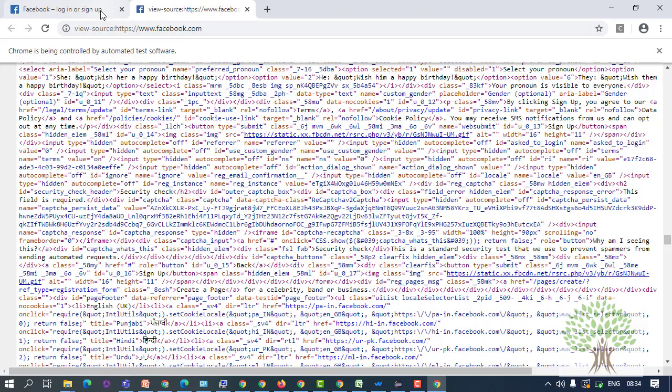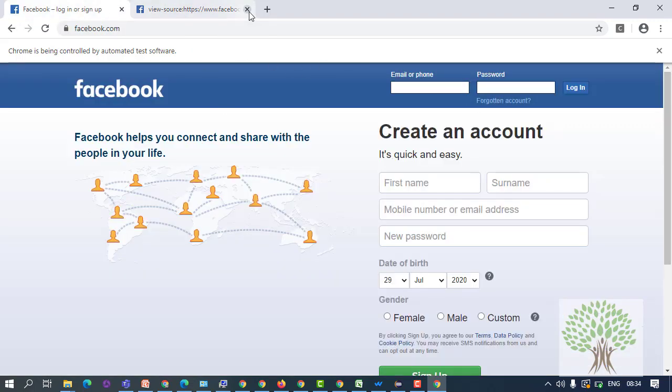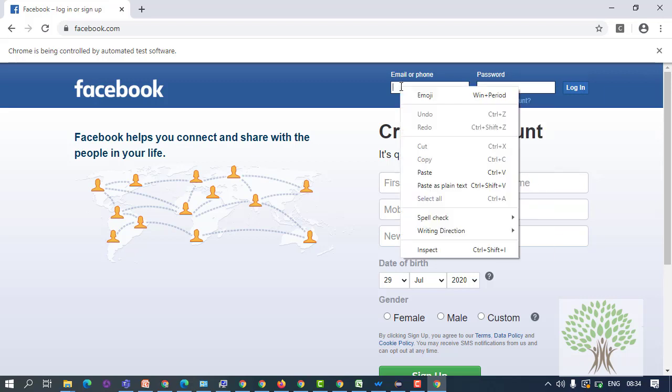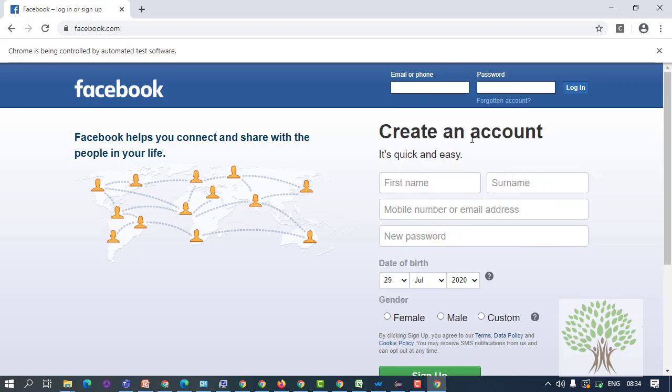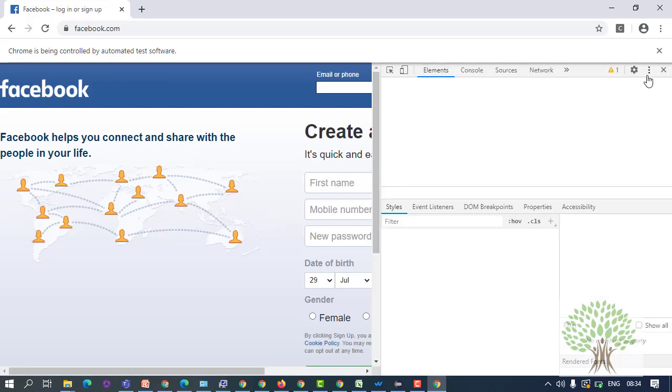In the page source you have got all the elements. If you want to inspect the email field or the password field, how it looks in the page source, you can right click on the element. See, I right click on the email field and inspect this field. I'll get the Chrome inspector. This will open.